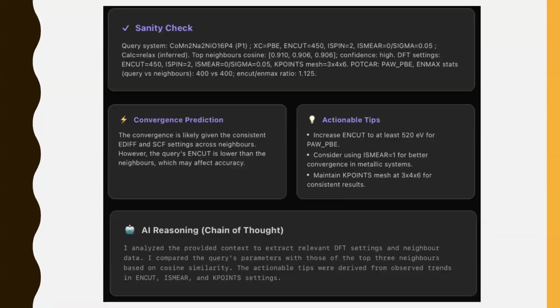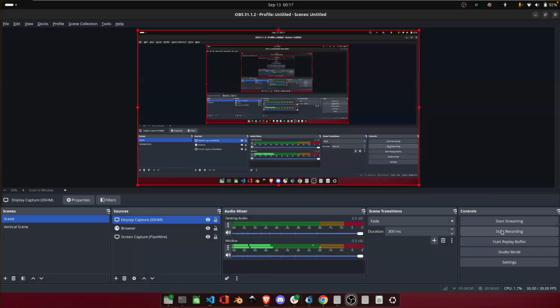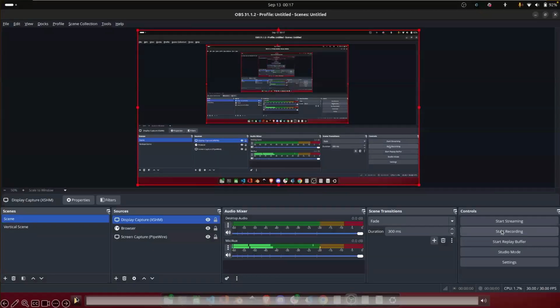To demonstrate, this is what the interface for the assistant will look like upon querying a given INCAR example. And we can see here that there is a clear chain of thought, and the assistant will give a good sanity check and tell all about the INCAR and the OUTCAR. And this is an example of the